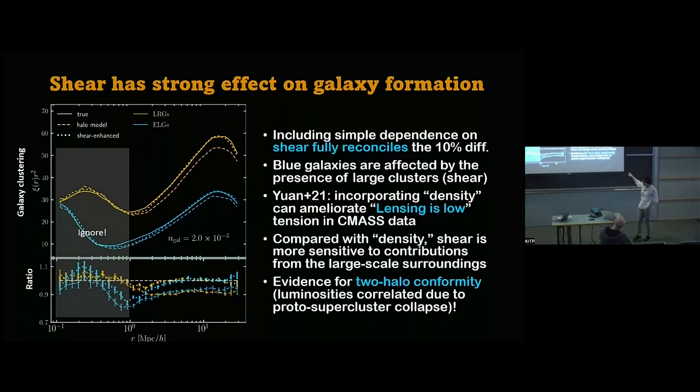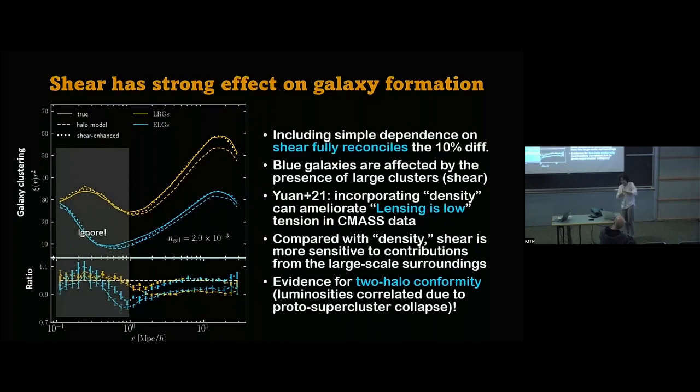So here I'm just highlighting the Yuan et al. result from 2021, where we showed that there is this tension known as the lensing is low tension in CMASS data, where one cannot fit simultaneously the galaxy lensing and the galaxy-galaxy clustering. We showed that if you incorporate this density dependence into your galaxy halo model, then you can cut down this tension by about 50%.